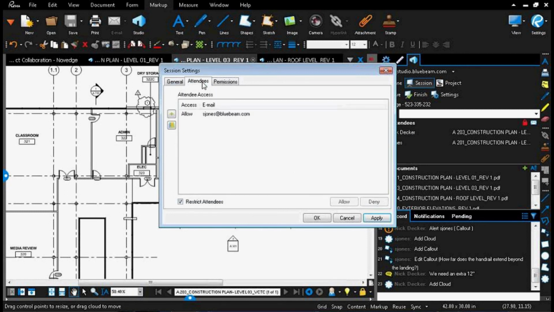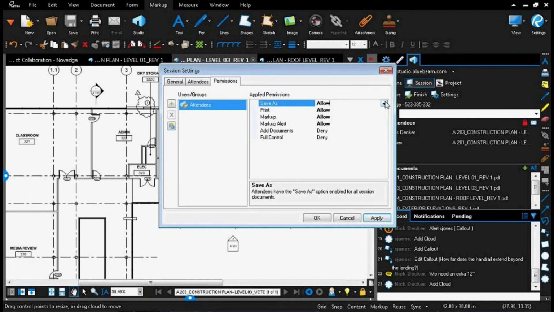So again, I hop through my attendees list. I can do more invites and invite groups, as well as permissions. So I can disallow, for example, saving the document, or I can, again, if I'm on vacation, I can allow full controls to certain people and make that my own, have that customized ability on a person-by-person and group-by-group basis